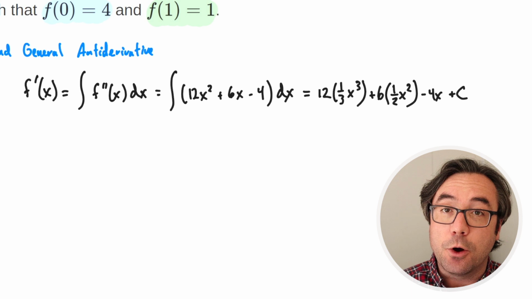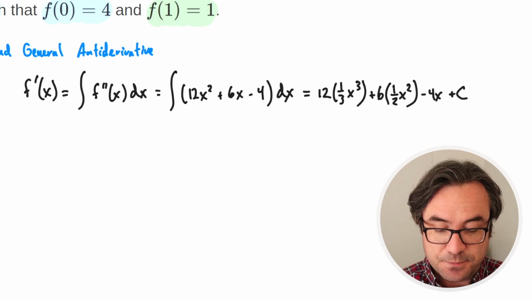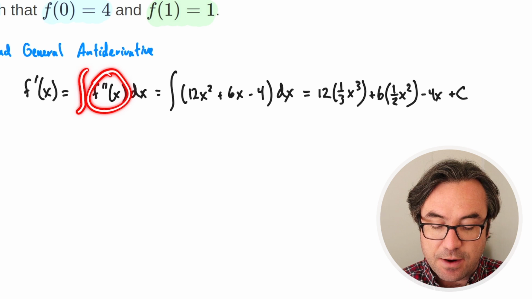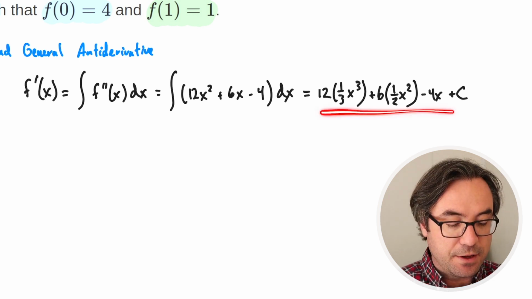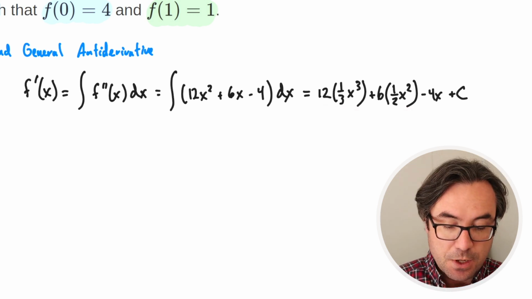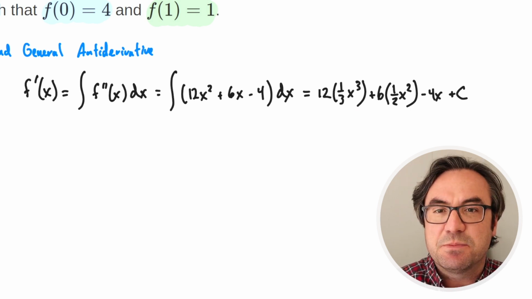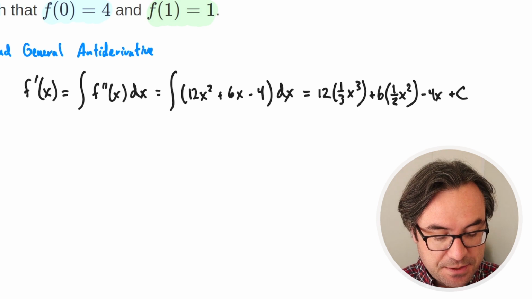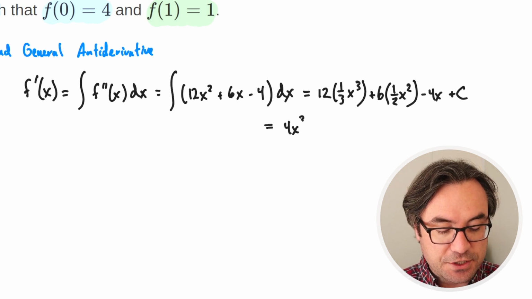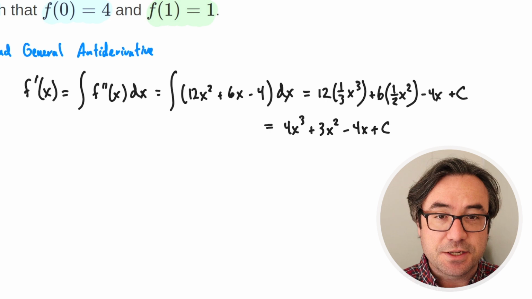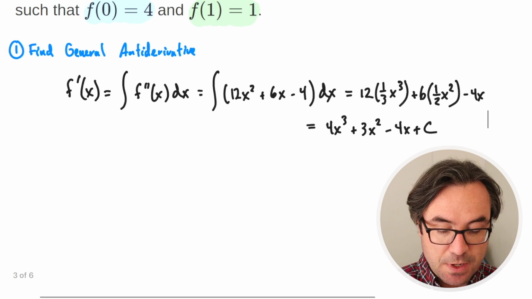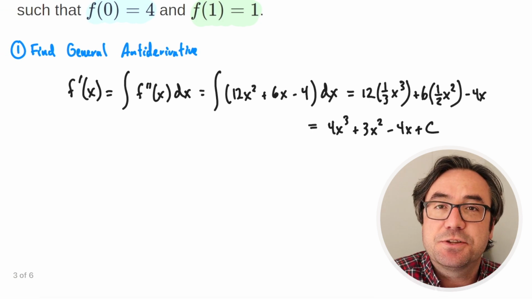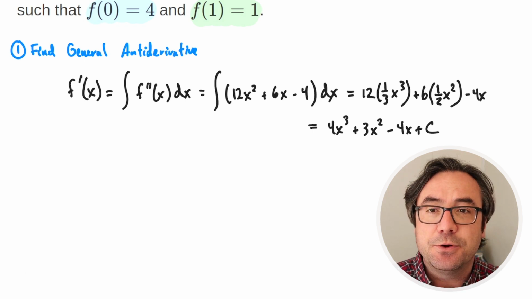All right, so doing the integral once, we had our second derivative, and when we did the integral once, it canceled off one of the derivatives. So now we have the formula for what f prime is. Let's simplify this down just a little bit. Once we simplify, we end up with 4x cubed plus 3x squared minus 4x plus c. That's just the formula for the derivative, though. So we've got to do it again